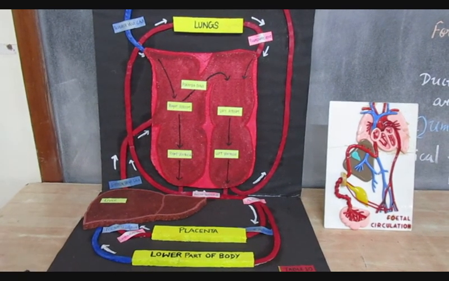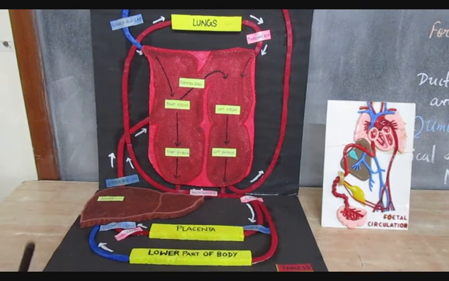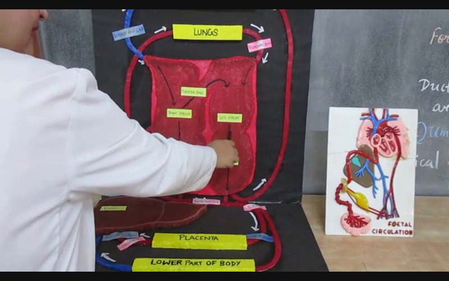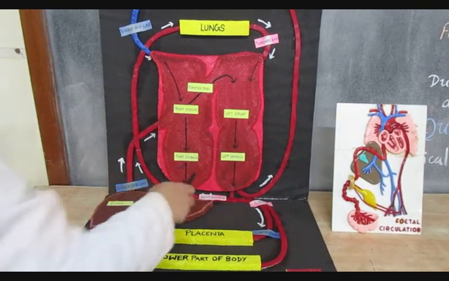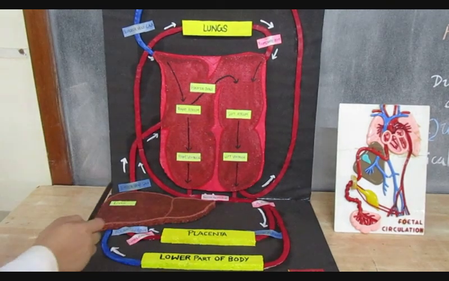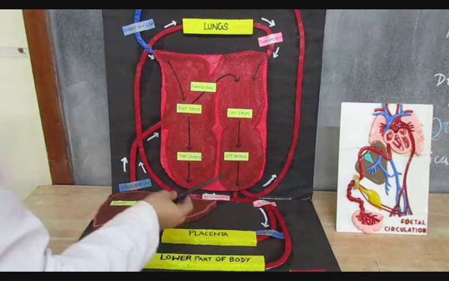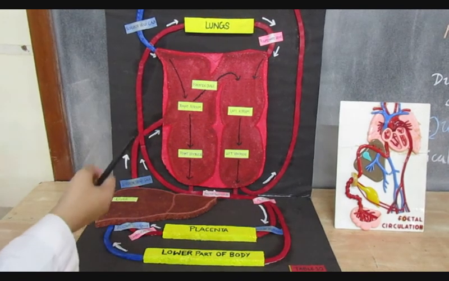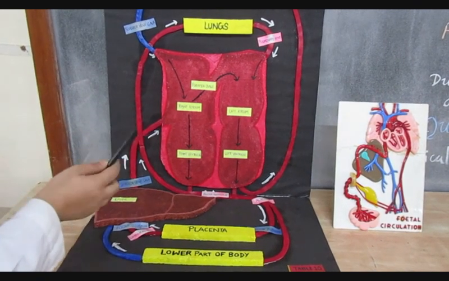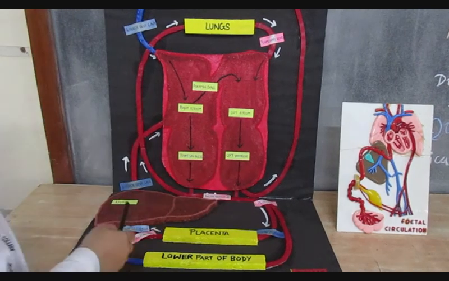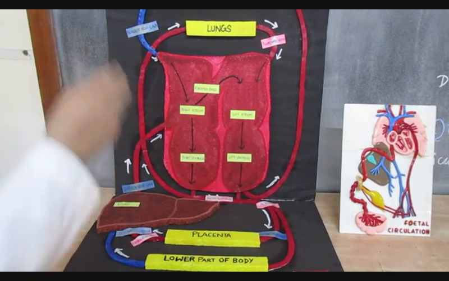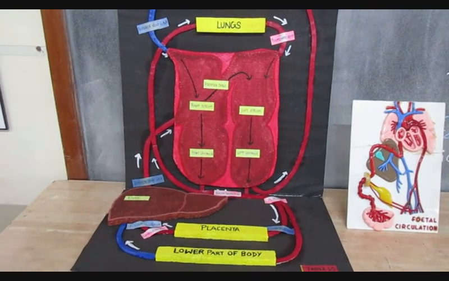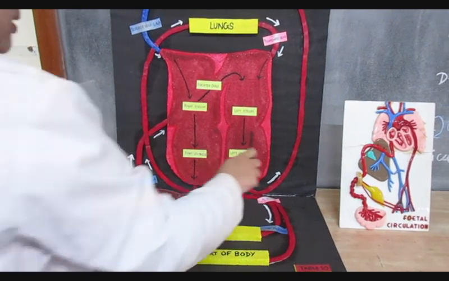So the head, neck and brain and the upper limbs are going to get considerably more oxygenated blood, coming from the right atrium via the left atrium and left ventricle, whereas the distal part beyond the ductus arteriosus is going to get the 20% of the blood which was the venous blood, which bypassed the pulmonary circulation. It didn't go much to the lungs, a minimal amount reached the lungs, but most of it got shunted via the third shunt and mixed with the aortic blood in the systemic circulation. So this part is going to get blood with a little lesser oxygen concentration. That is about this.